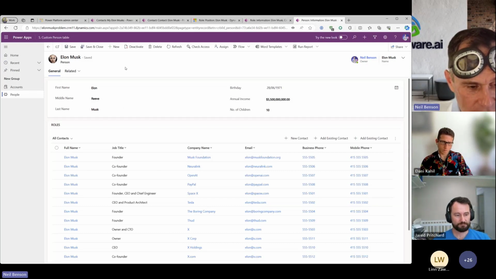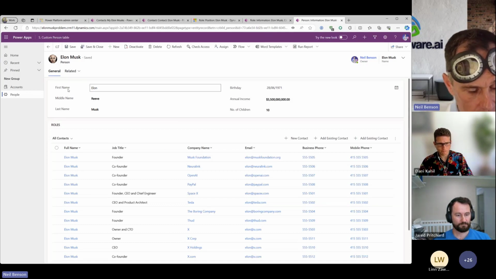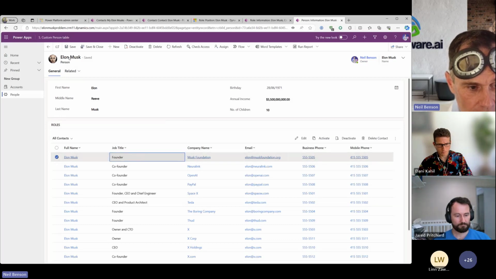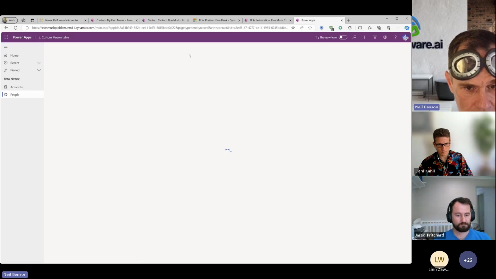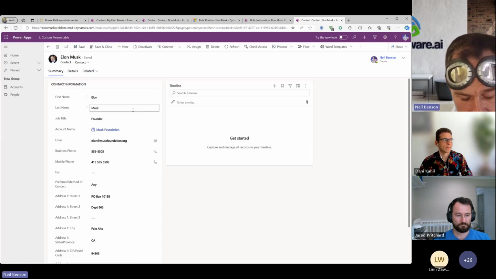The last one then is Elon Musk, the parent. So we've got a parental person records, custom table. It looks a little bit like the other forms as we saw a moment ago. We customized the contact table, but here we're using the contact table as the intersect entity. So Elon Musk, the person, has a role. His role is Elon Musk, the co-founder of Neuralink, and this is a contact record. So quite elegant, quite simple. A lot to like about this one.